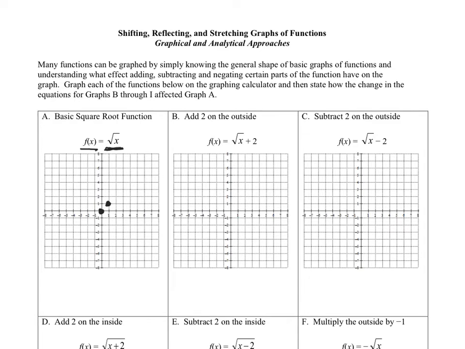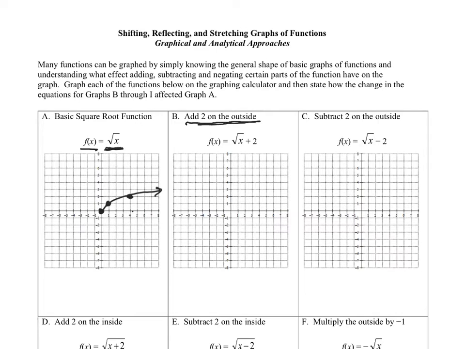Well, what's the next perfect square that we have? 4, right? Well, what's the square root of 4? 2. Okay, now, as you could see, our function will look like this. All right, on part B, we're still dealing with a square root function, but as you can see, we're adding